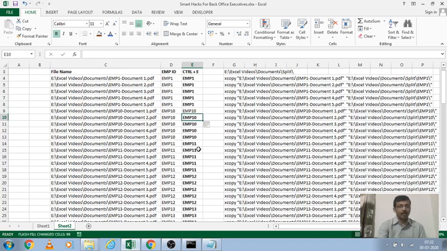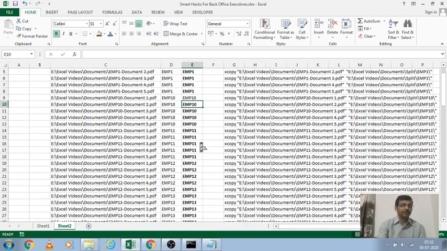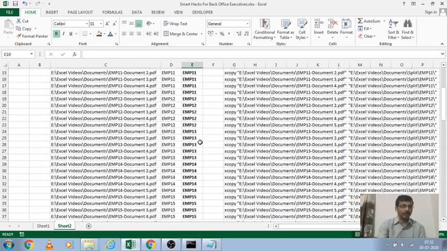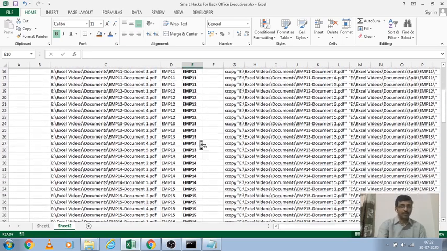It will fill all the employee IDs automatically. Just check once, because it's an auto-created field, there may be a chance of getting wrong values. Check once and then you can use that.